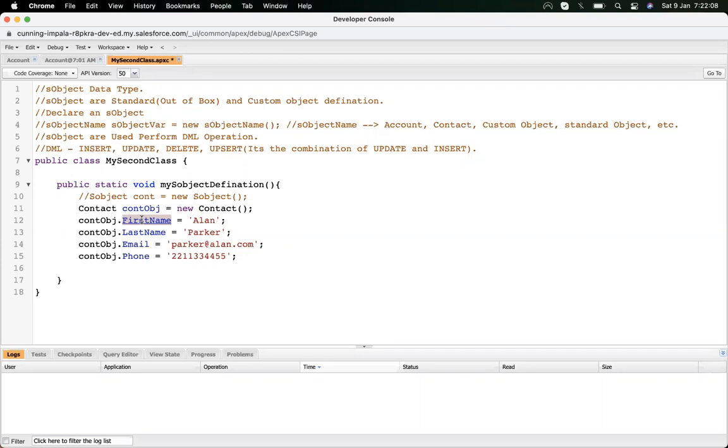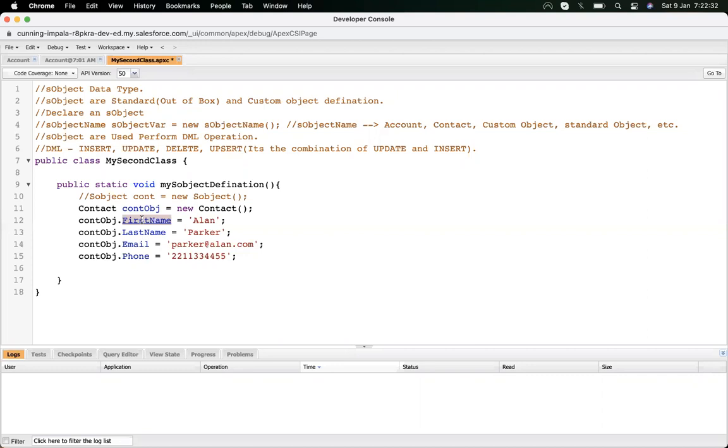So we are creating this field in Salesforce, not here. In order to do the operation, we have to first create the field, then use it here. We are not creating those fields. We are using those fields to create a record via Apex. Okay, I got it. Thank you.